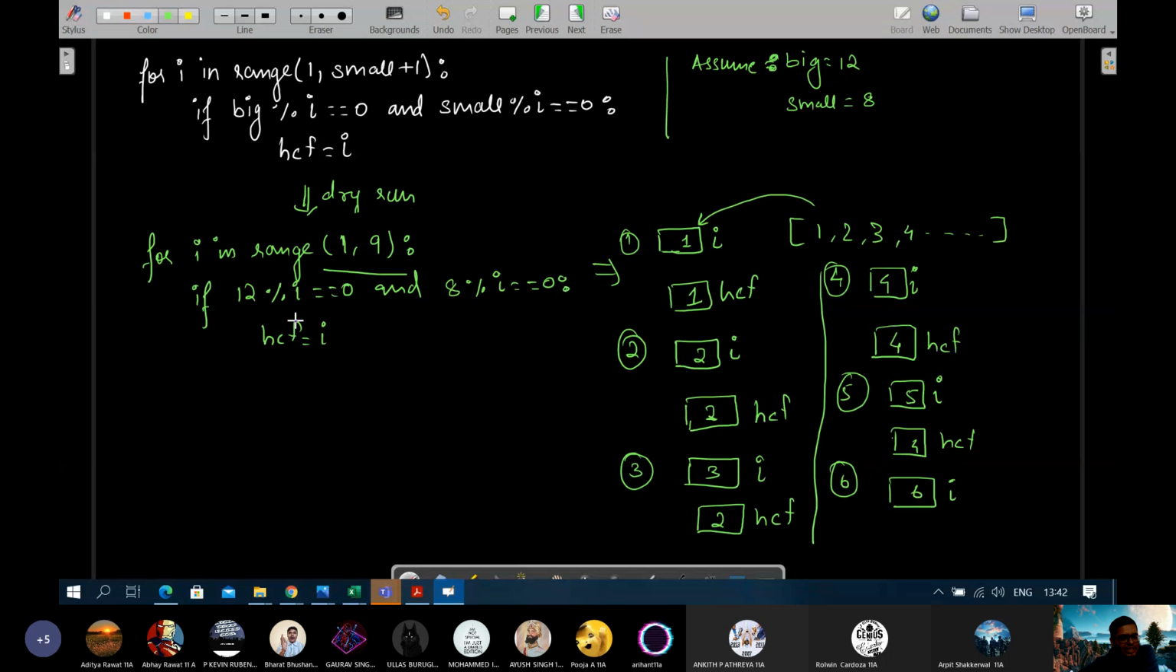Is 12 divisible by 6? Okay, the current value of I is 6 in the sixth round. Yes, this is divisible by 6. Is 8 divisible by 6? The answer is no. So therefore, HCF will remain unchanged, because it won't get inside if. Okay. So the last value of HCF will be retained, which is 4. Okay. In the seventh round, similarly,